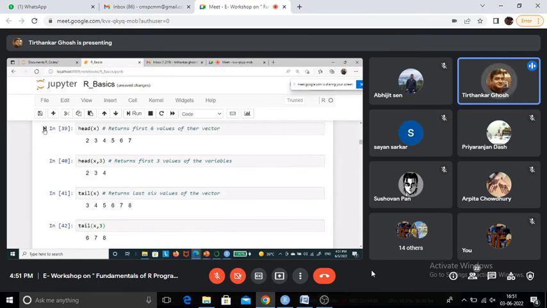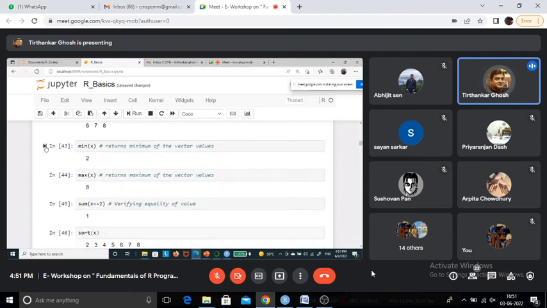Then getting the head of the vector, first six observations, and getting the head with first three observations. Getting the tail, and last three observations actually, so 6 7 8. And getting the minimum and maximum of the observations of the vector, number of times 2 has occurred here, it is one time.